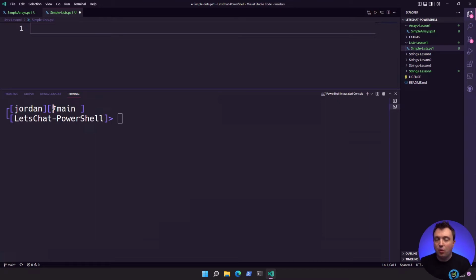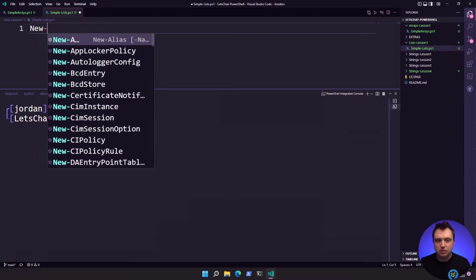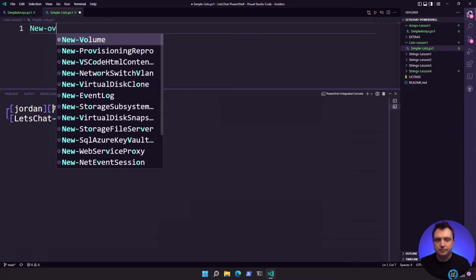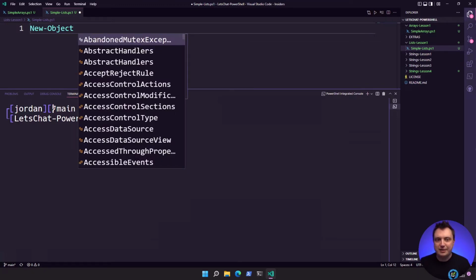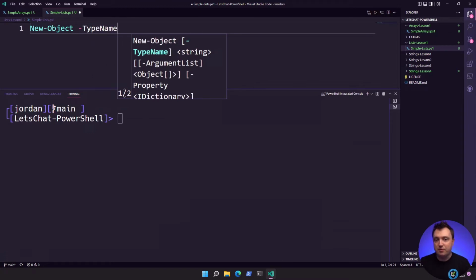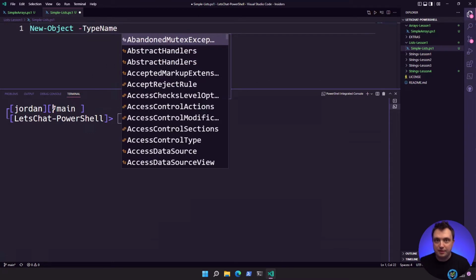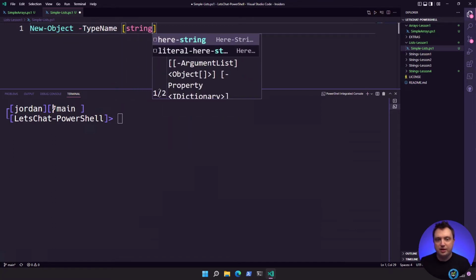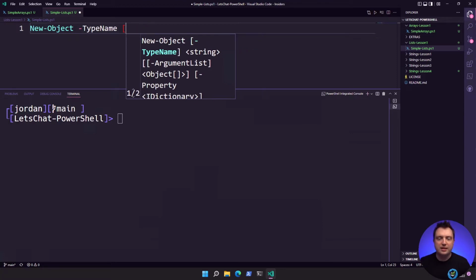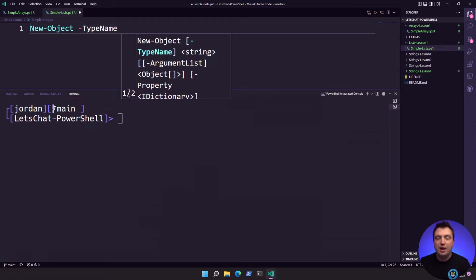To that end, we're going to use a commandlet in PowerShell that's called New-Object, just like this. We're then going to give that object what is called a type name. Now, we can put in -TypeName if we want here, or we can just put in the type information for it. Now, you could, of course, do something like, hey, put in a string, right? Or something weird like that. But in this case, we're doing this because we want an advanced type. And the advanced type that we want is from